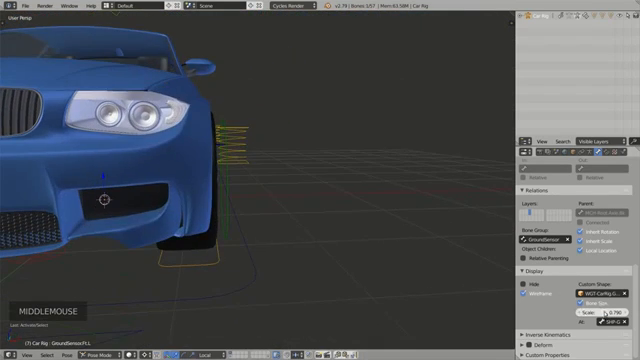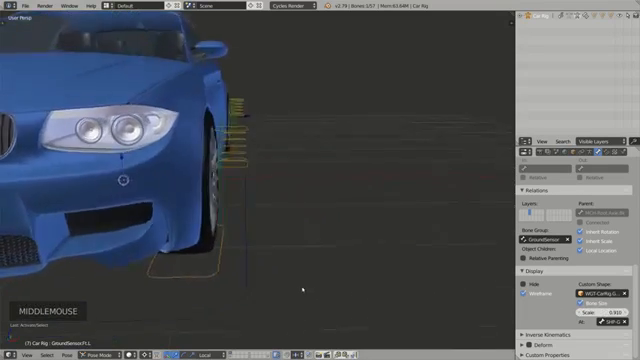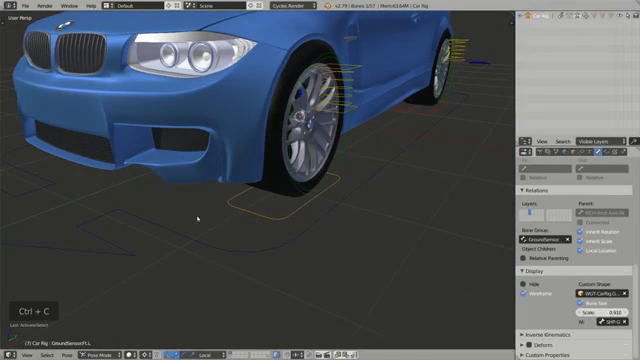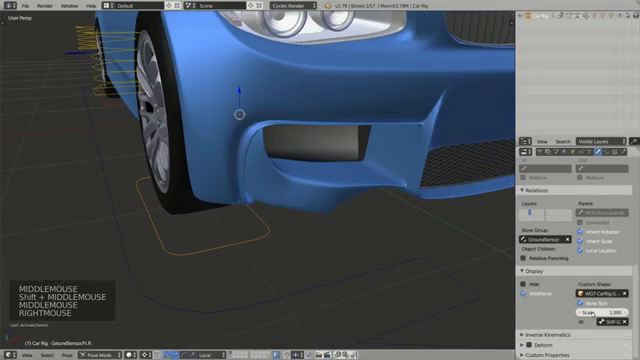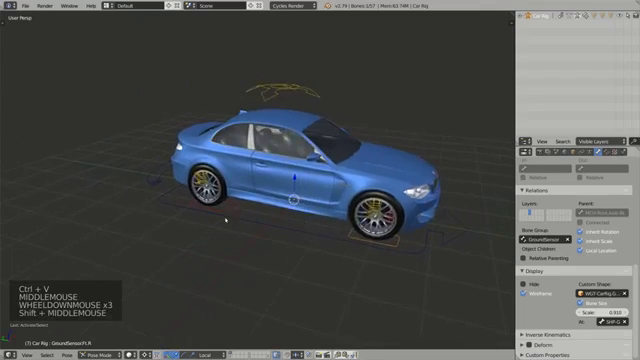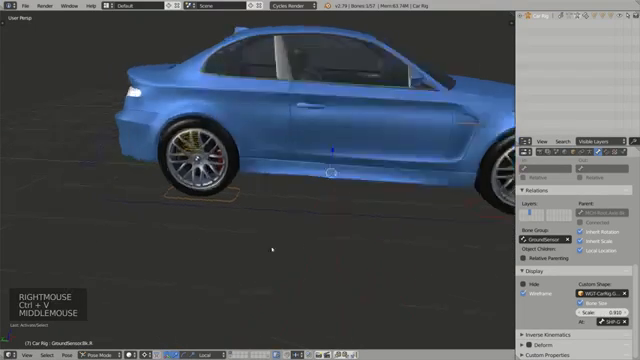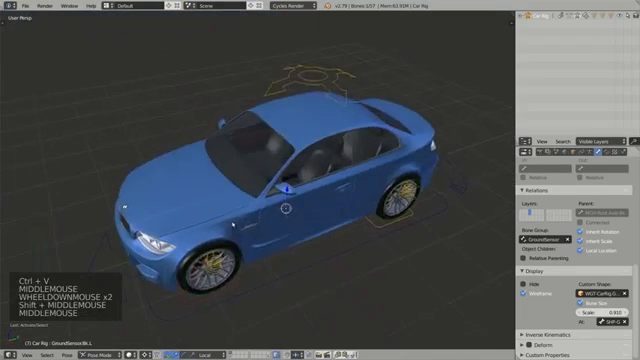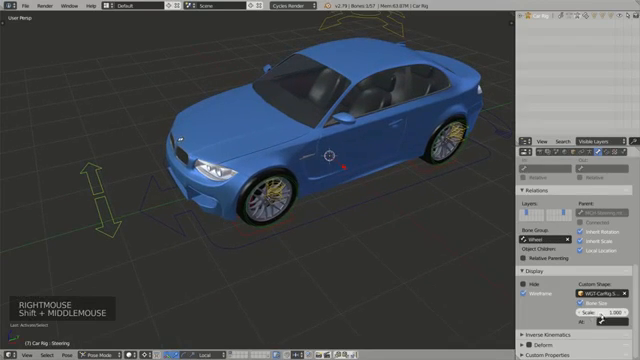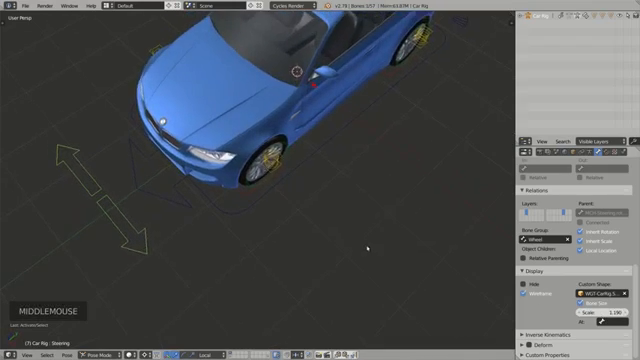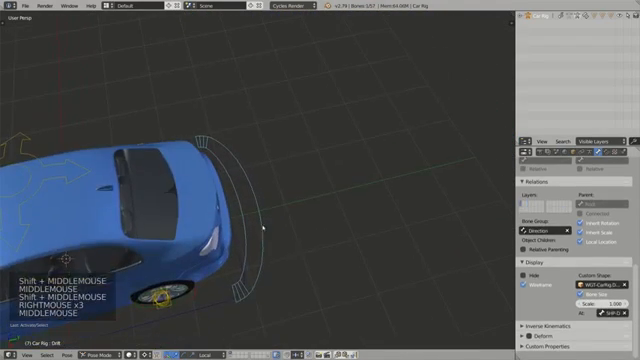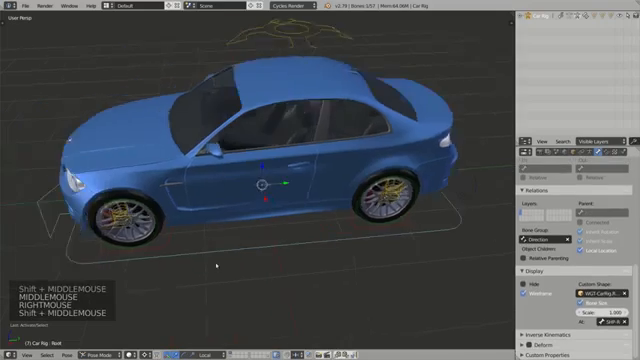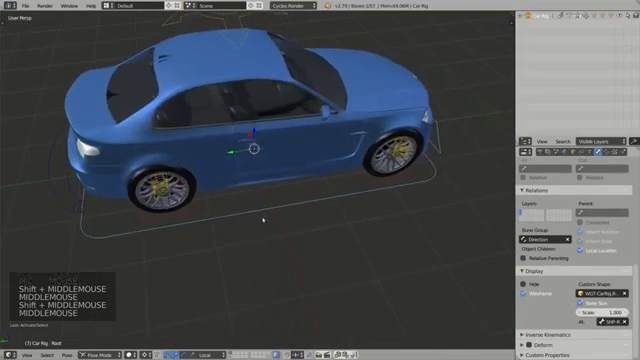scale down the widgets. This is the good size for me, so I can copy this value and paste it for the other ground sensor widgets. I can also, for instance, scale up, not so much, the steering, scale down the drift, and for the root bone,